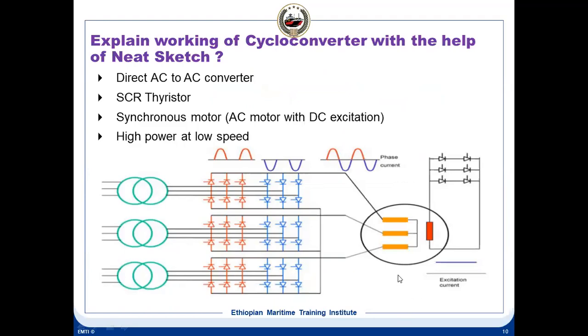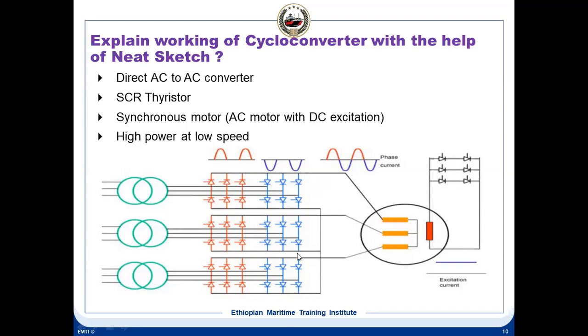Now how many pulses here? You can see this is the positive bridge, this is the negative bridge. The positive bridge has 6 thyristors, the negative bridge also 6. Supply is given here. During the positive half cycle, this one will conduct. During the negative half cycle, this will conduct. So your output is like this, positive and negative half cycle. You can vary the frequency, decrease or increase it, by varying this output. Like, you can increase the time period, make it more or less, depending on the way you want to fire these thyristors.